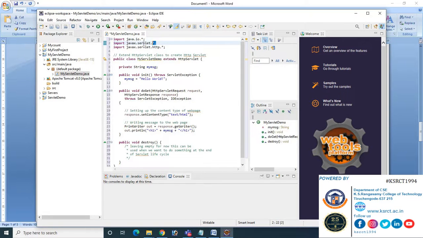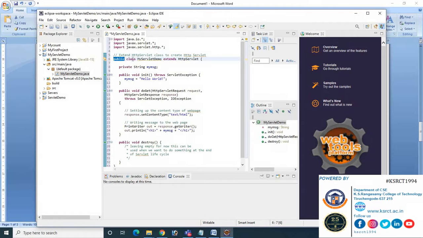The second step is we have to import the servlet package, that is import javax.servlet.*. The third thing we have to do is import the HTTP package, that is import javax.servlet.http.*. After importing the packages, we have to extend the HttpServlet class in order to create the HTTP servlet.